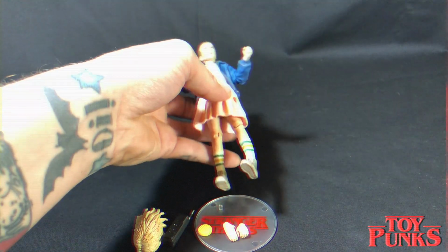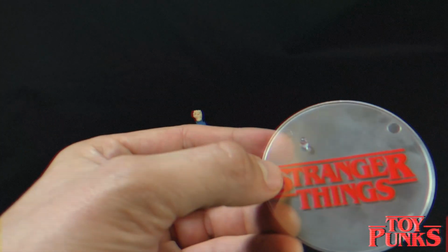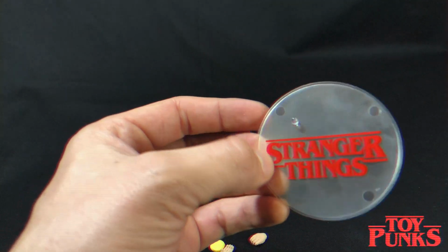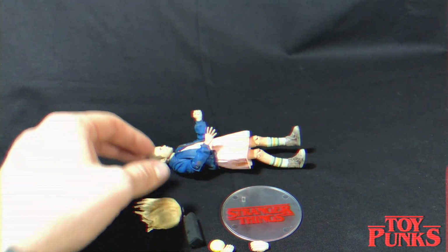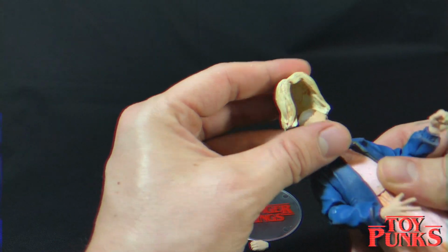So let's set her down real quick. Let's check out the stand. I really do like this stand a lot. Just a basic peg stand with Stranger Things logo on it. Looks nice though. As far as the accessories, I want to say personally, I think the figure overall, just because